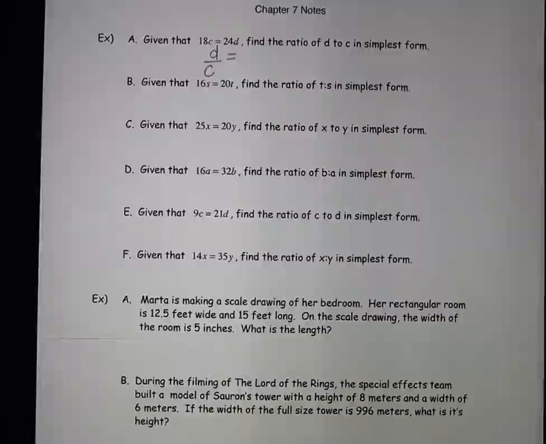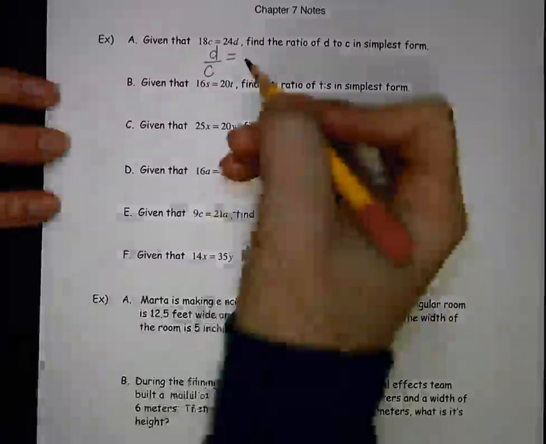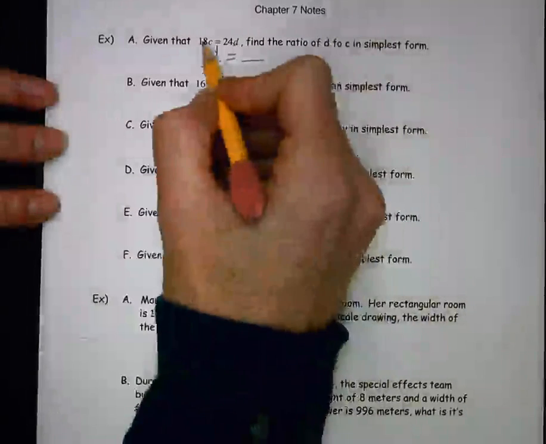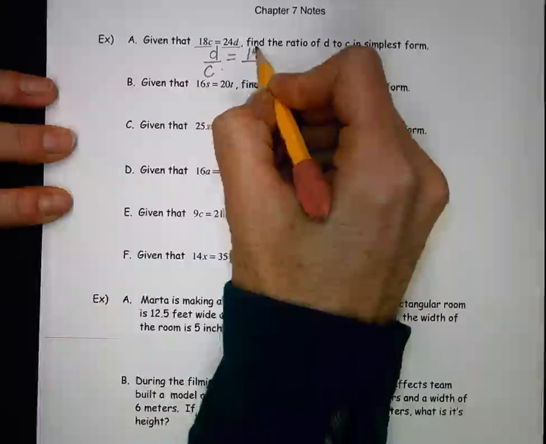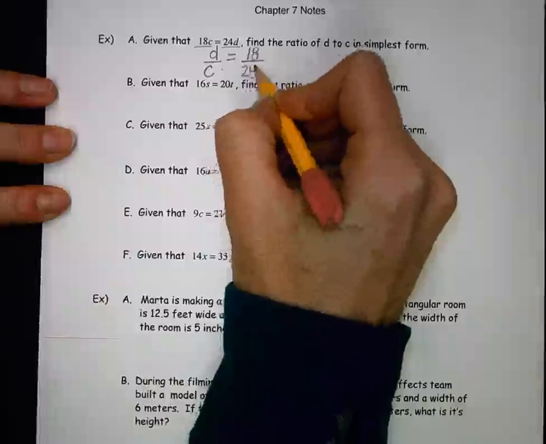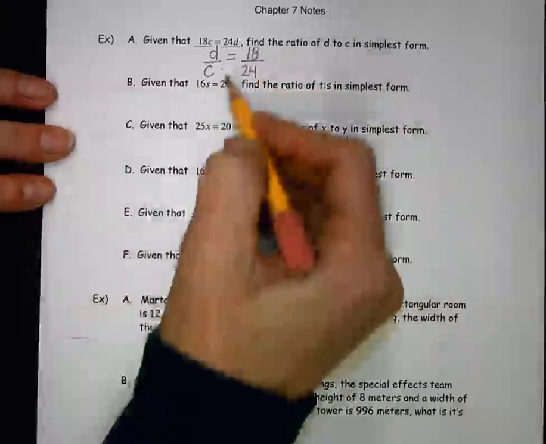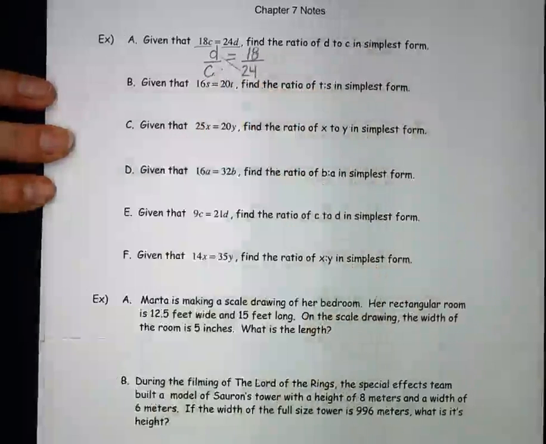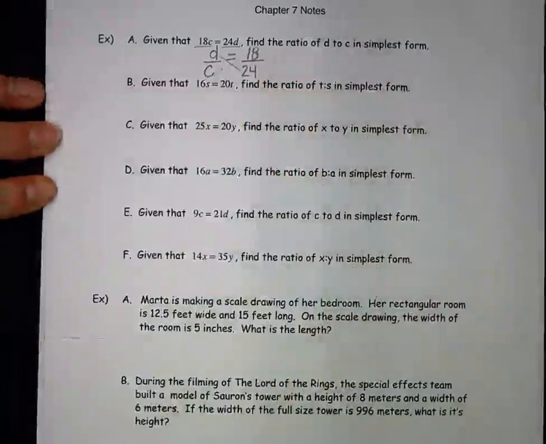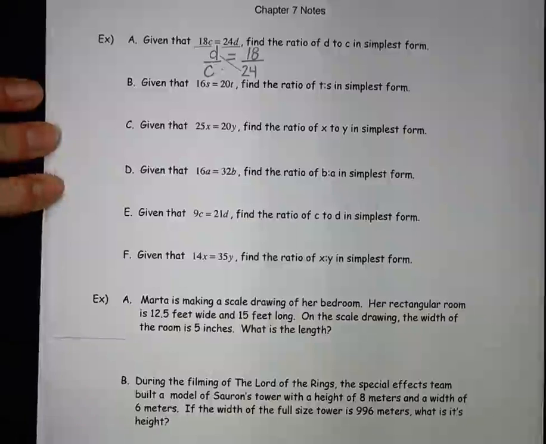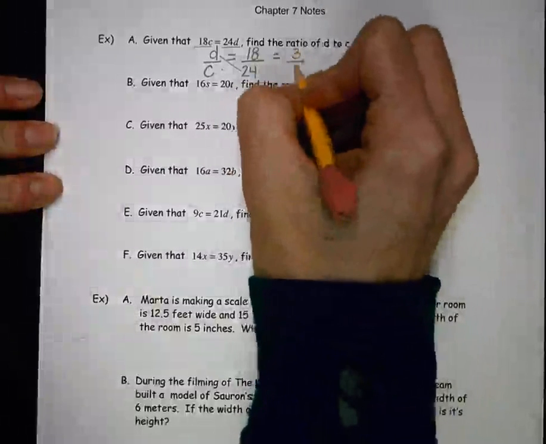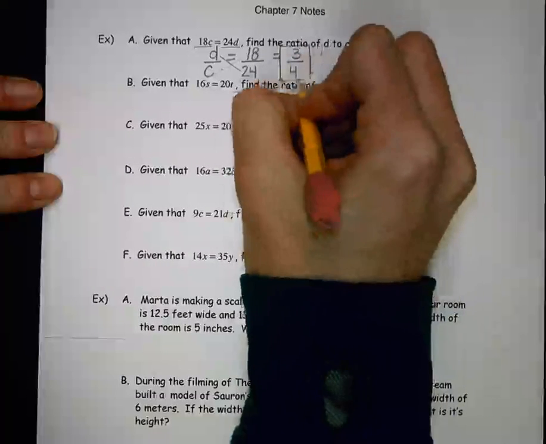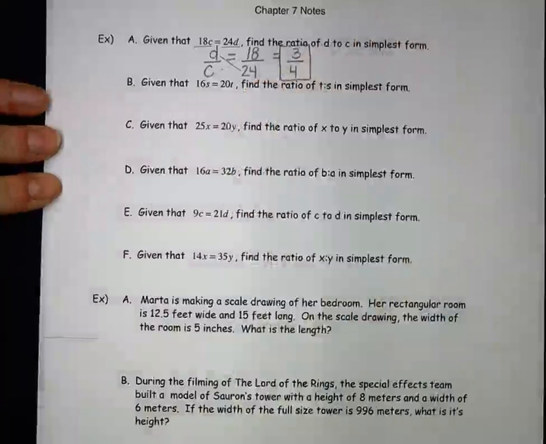So if I were to cross multiply and get 18C equals 24D, I would need to put the 18 up here and the 24 down here. If I did that, I would get 18C equals 24D. So that would be my ratio of D to C, and then we have to write that in simplest form. So if you reduce 18 over 24, 6 goes into here 3 times, into there 4 times, and that will be my ratio in simplest form. Next,